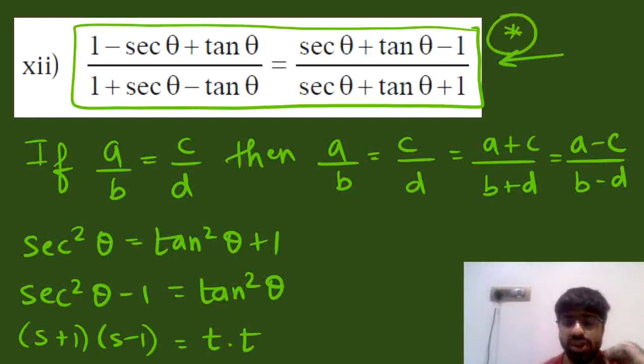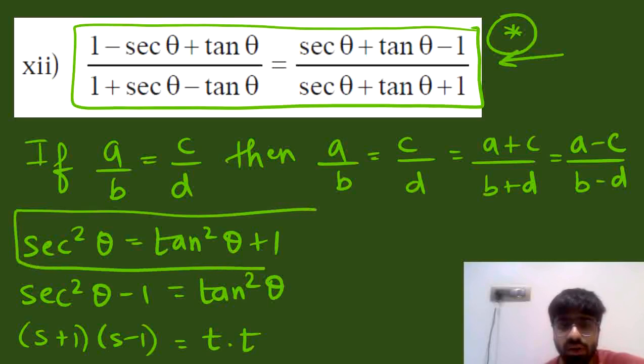A different kind of question, and let me also tell you that these kinds of questions can be formed with sin theta cos theta and cosec theta cot theta also, because the identity exists for sin theta cos theta and cosec theta cot theta. So even if the sum appears as this kind of a question with sin cos or cot and cosec, you will use the same identity and simplify the sum in the same manner. Theorem on equal ratios will be very helpful for solving those kinds of problems.